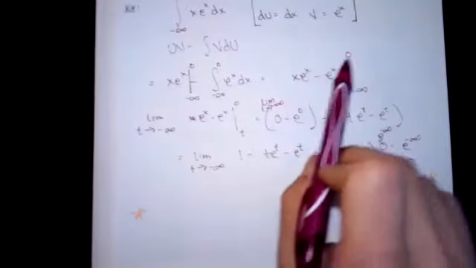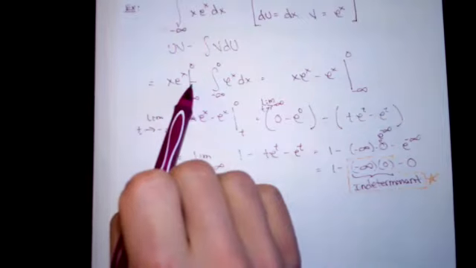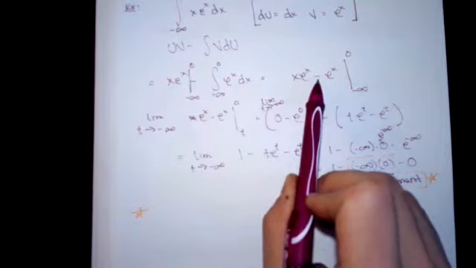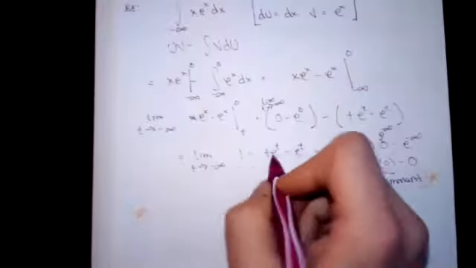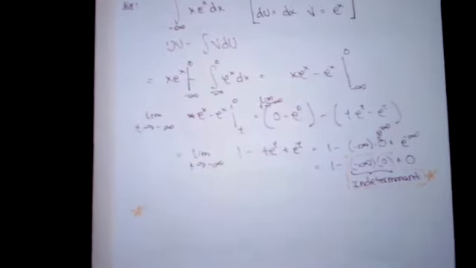Why is it minus e to the t, 1 minus t e to the t minus e to the t, instead of plus e to the t? Did I miss a minus sign somewhere? Distribute the minus to the negative e to the t. Shouldn't it be a positive? That one was the one I missed. Thank you. Yeah, so plus e to the t. That term ended up being 0, so thank you for catching that.